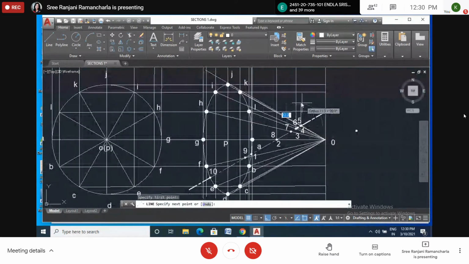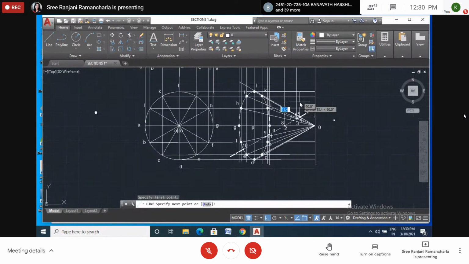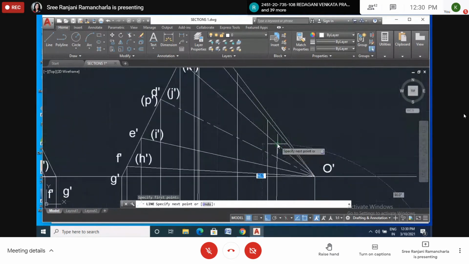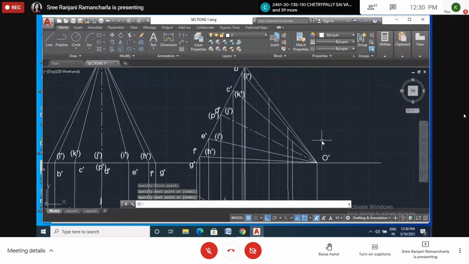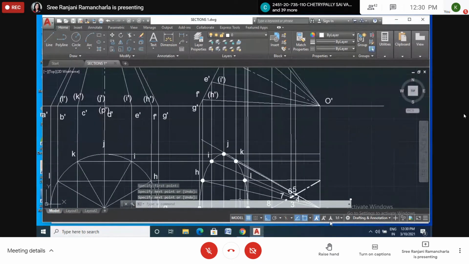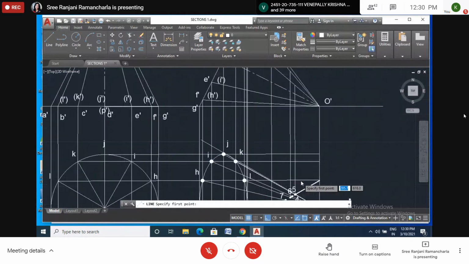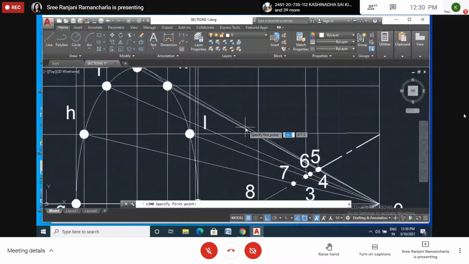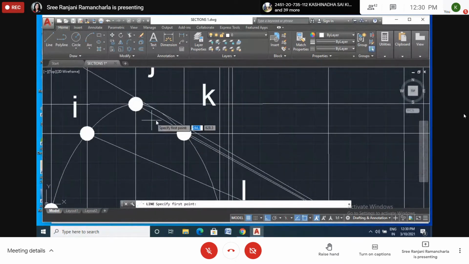So 4 is between KO, right? KO, ma'am. Yes. So this is KO. Okay, now 5. Where is line 5? Line 5 is J. This line is J, the second line is J. Not this one, forget about this tangent now. The second line is J.